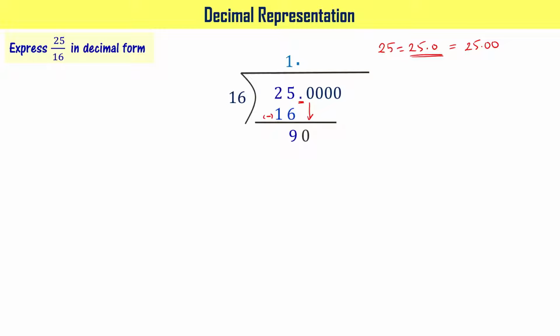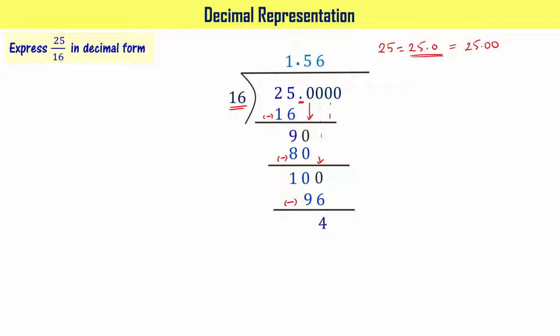So now start reading the multiplication table of 16. 5 times 16 is 80, right? Now let's subtract that from 90. When you subtract 80 from 90, you get 10, right? Now I can bring down this particular 0 here. When I do that, it becomes 100, right? 6 times 16 is 96. Now let's subtract 96 from 100. When you subtract 96 from 100, you get 4 as the answer, right?